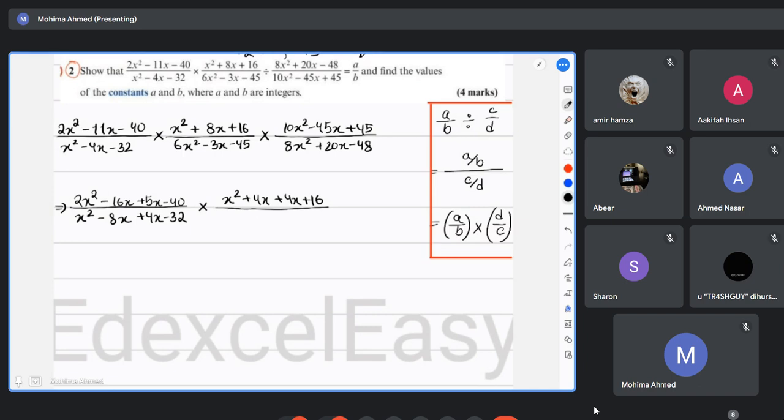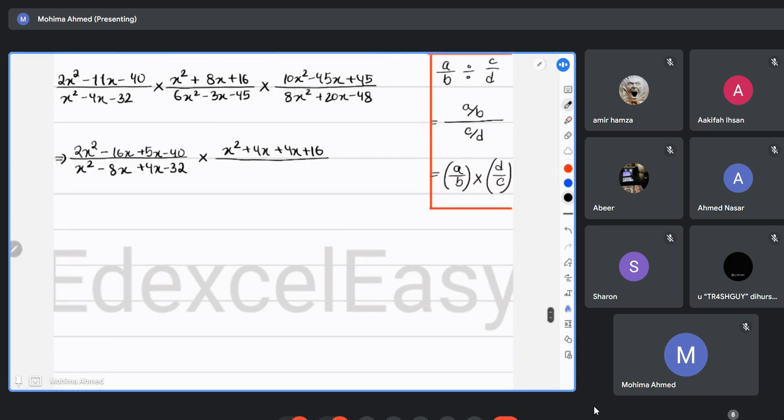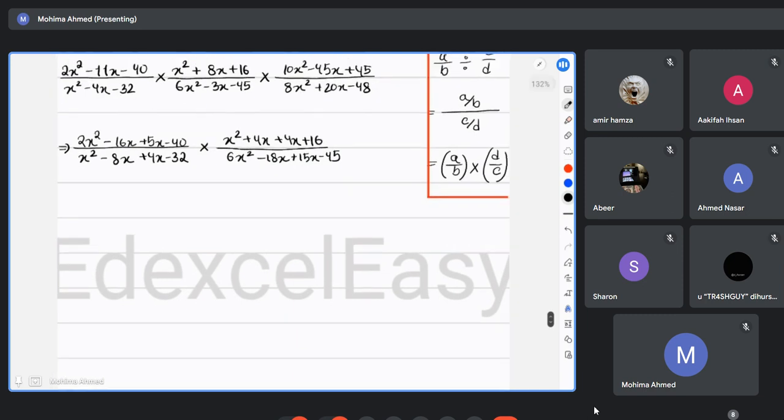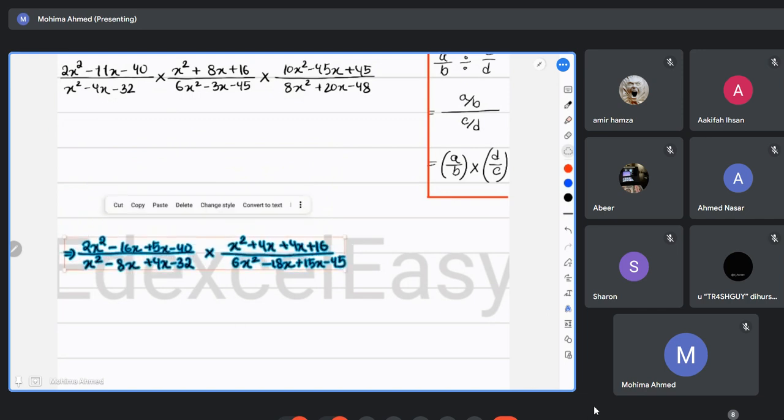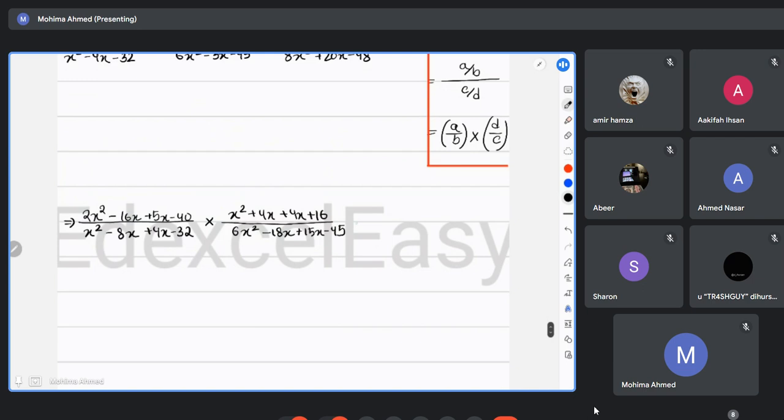This is 6x squared minus 3x minus 45. I'm trying to factorize all the 6 polynomials you can see on the screen. So this is going to be again 6x squared, 6 into 3 is 18, it's going to be 15x minus 45. And on this line, I cannot fit that third fraction, so I would have to write the third fraction in the second line. But that is because I cannot fit them. So let's just write this over here, so I can fit the 3 fractions on the same line.